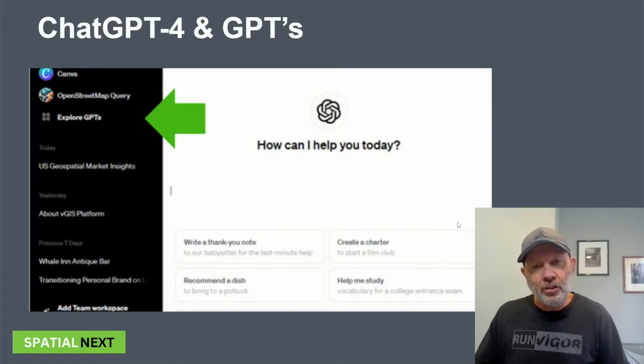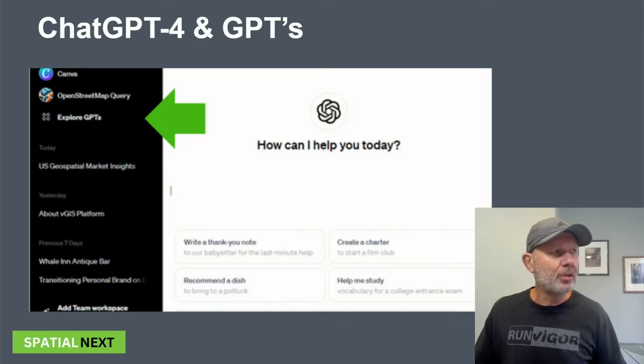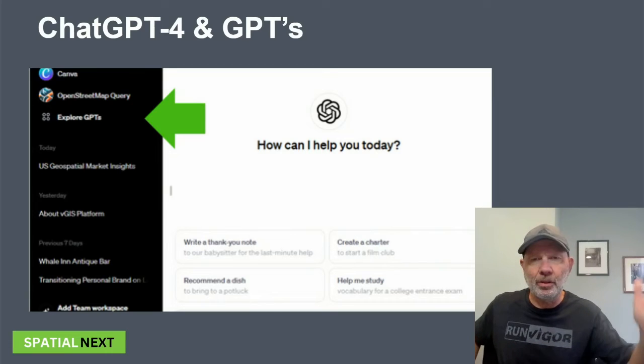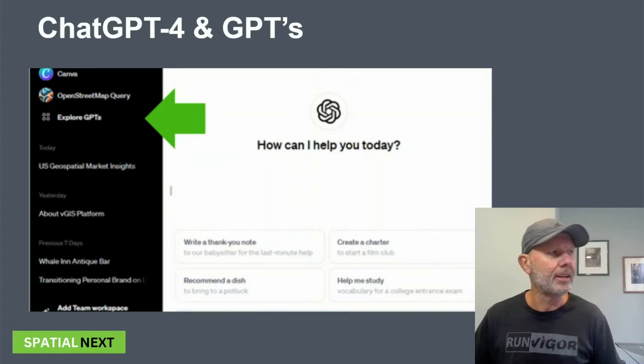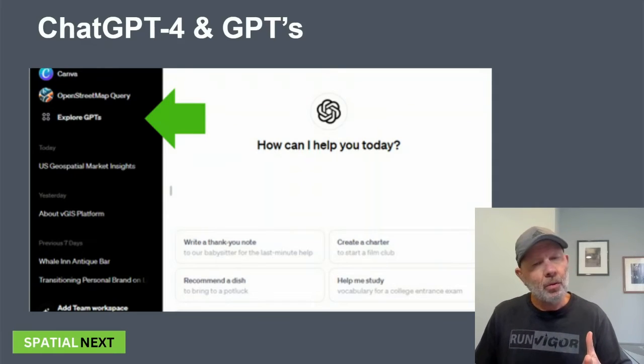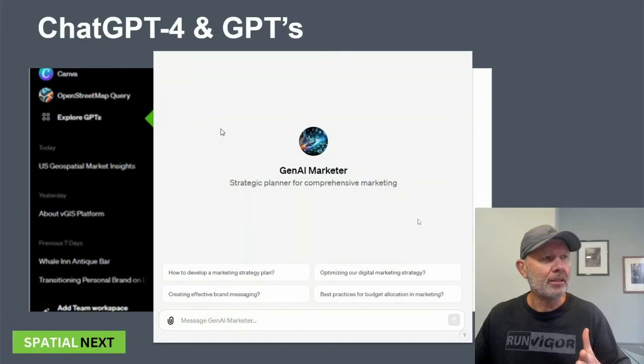So I wanted to talk about GPTs. These are relatively new. If you go to ChatGPT, you'll see this, and it's a bit of a muddy image, but that's what the interface of ChatGPT 4 looks like. And you'll see this Explore GPTs in the corner here. I encourage you to go and look at that. So what are we doing here? And I'm just going to click here to show you that